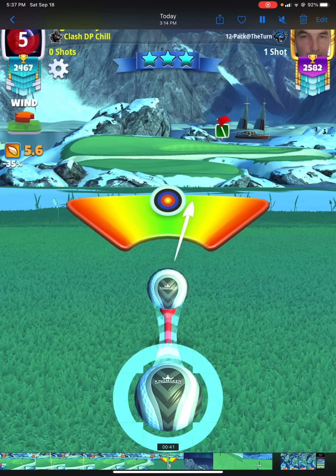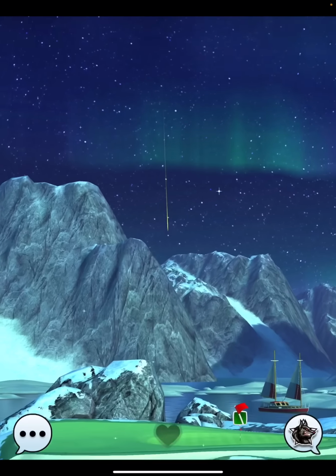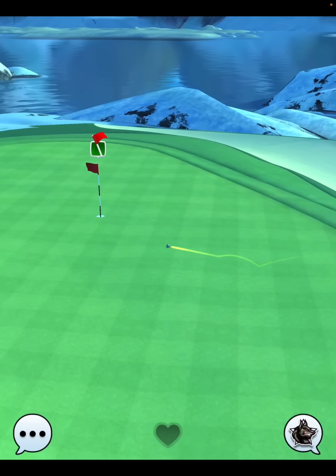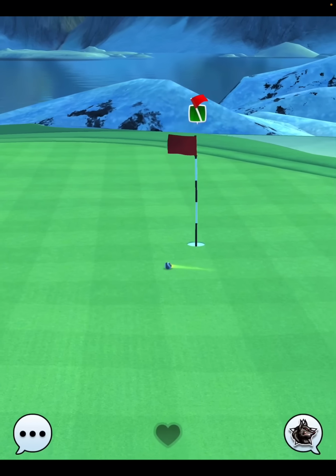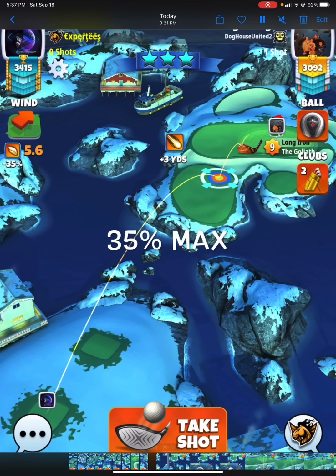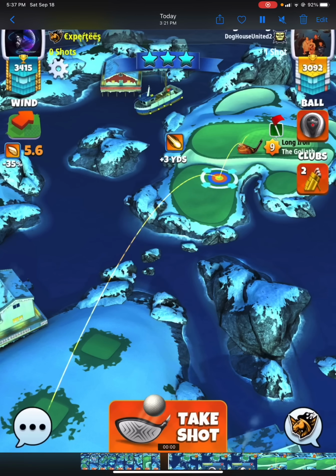Notice how I'm not using any curl here. I thought that I had a good line to the hole. But you see that I miss it by about 1 green square. But here's the hole in one. I don't even know how that one got in here. 35% at max. I know that's a heavy adjustment, but we have to use a heavy adjustment on this hole